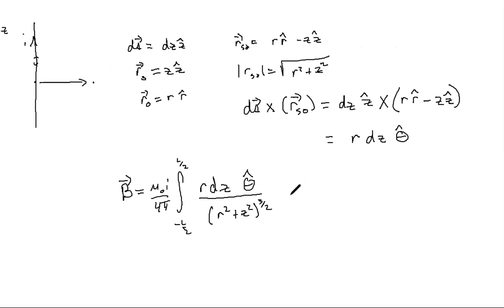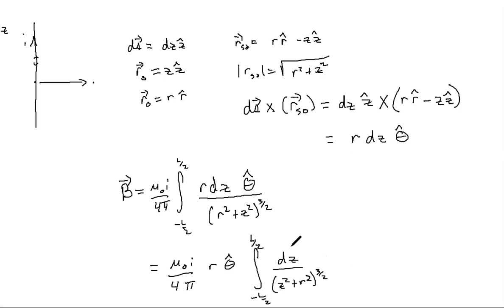So this becomes mu naught I over 4 pi r theta hat times the integral dz over z squared plus r squared to the 3 halves, from minus L over 2 to L over 2. And you can stare at that and trig sub. So let's do that. So to do this integral,